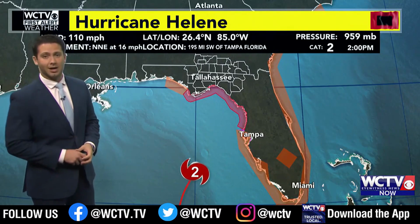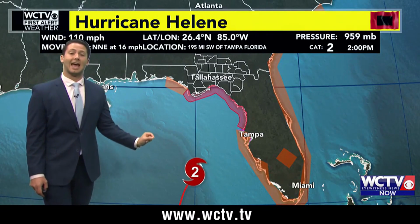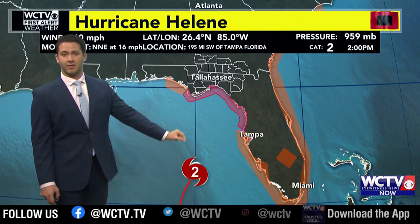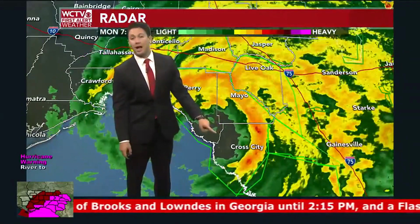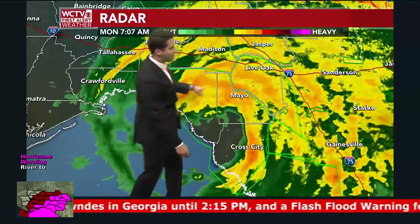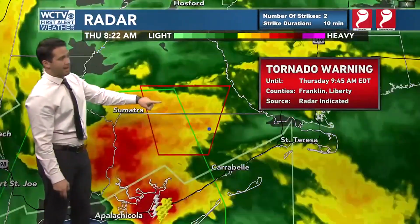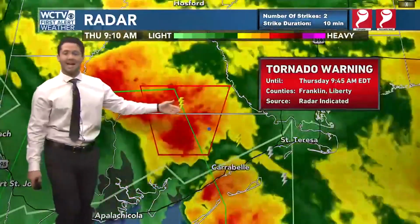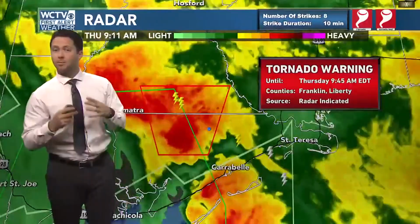Sustained winds for Hurricane Helene are 110 miles per hour. That means that it's just 1 mile per hour short of becoming a Category 3 major hurricane. The big bands of rain and gusty winds are going to be in what we call the eye wall. That's what Mayo and Perry is under right now, but absolutely want to make sure that anyone in this path is making sure that they get inside, away from windows on the lowest level in the most interior part of